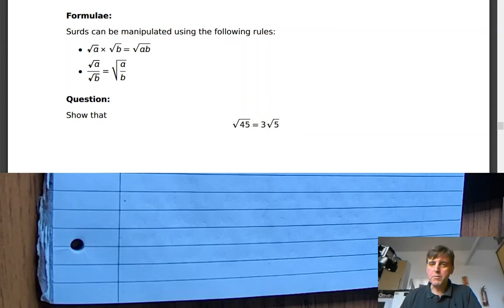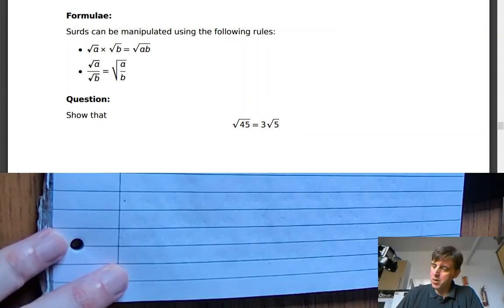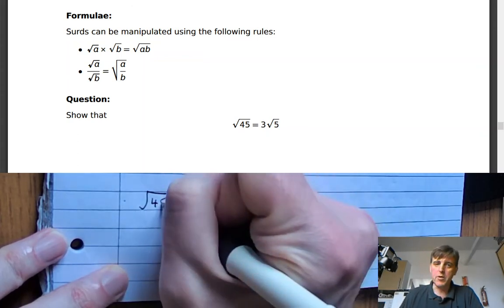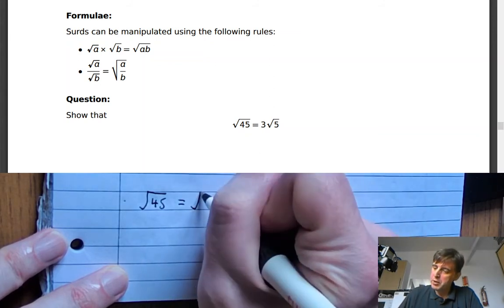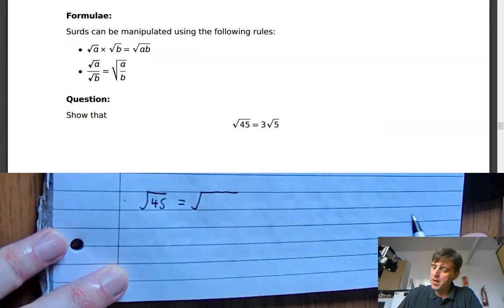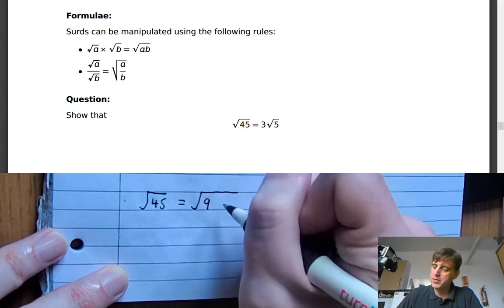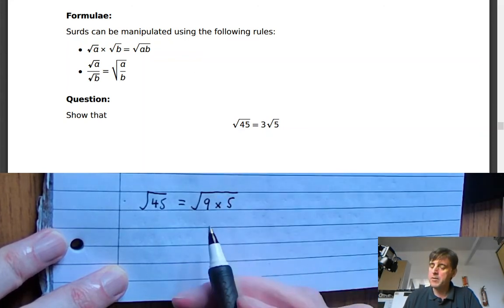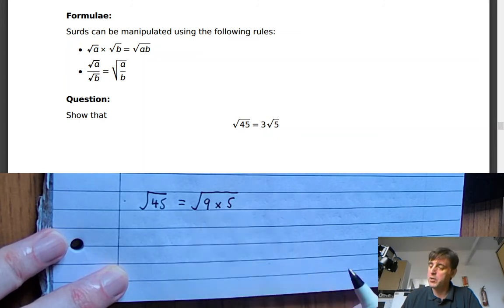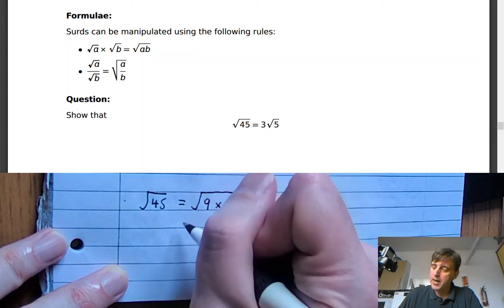So do you remember how these ones work from your previous studies? I hope so. Let's just quickly go through it, just in case you're unsure or you want to check what's going on here. So the square root of 45, we want to show that equals 3 times the square root of 5. So the trick is that we're going to write 45, we're going to split it up into factors. And I'm going to split it up into the factors 9 times 5 here. The reason why I've chosen 9 is because 9 is a square number which I can take the square root of very easily, and